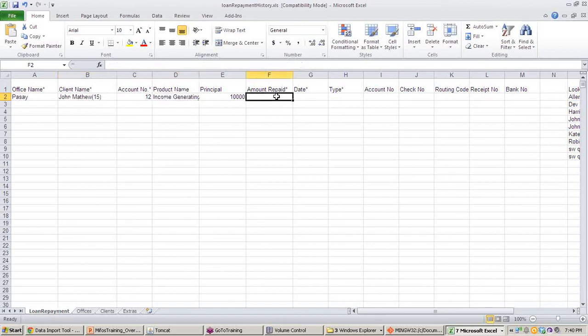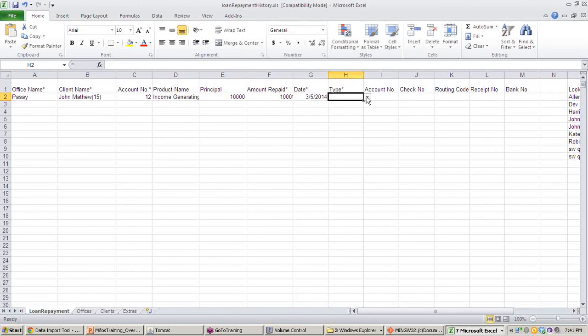All you have to enter is the amount he has repaid. Let's say he has repaid $1,000 US, and give the date, let's say March 5, 2014.